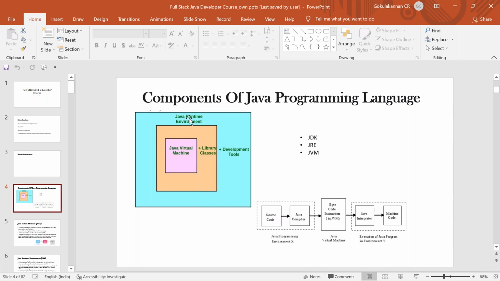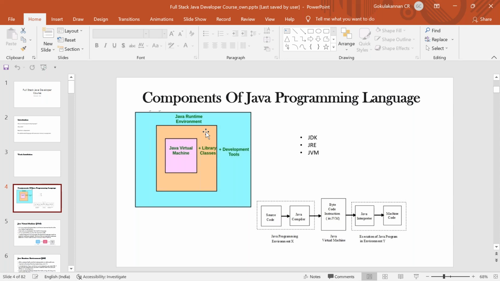Next thing is JRE. This is Java Runtime Environment. So let's segregate the persons: I'm the person who is developing the Java application and you are the person who is using the Java application. Two different persons are there. If I am a developer, what do I need? I need some extra things compared to you. I need some libraries, I need some supporting files and all. But for you, you don't need all those things. You need some basic prerequisites which make you able to run or install the Java program.